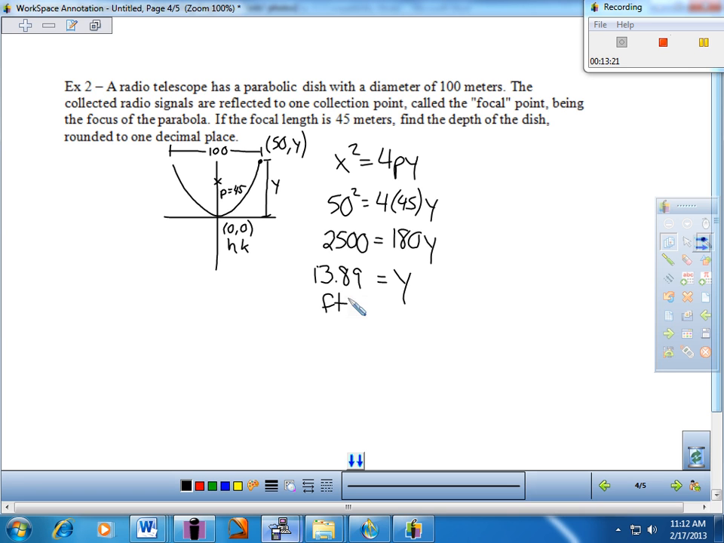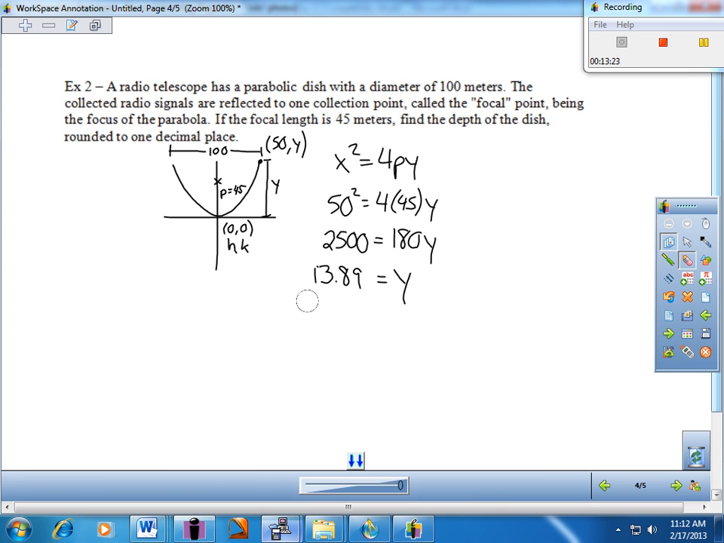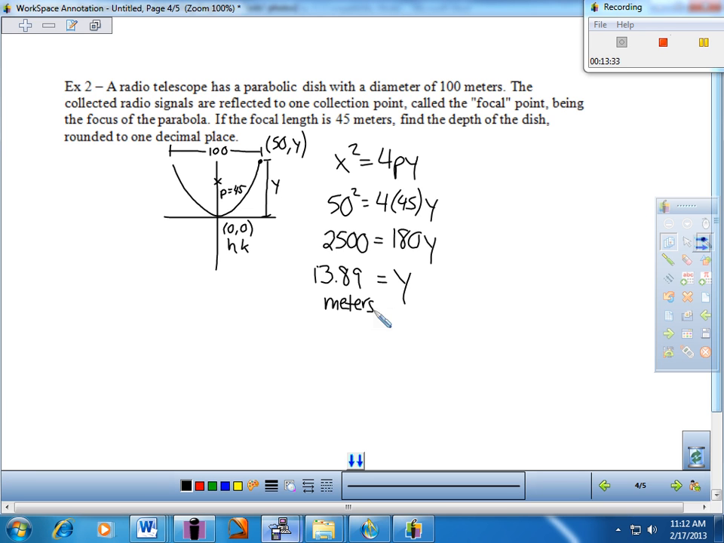And was this, nope, sorry, not feet. I want to be clear on my units. So 13.89 meters, give or take. Oh, that looks good. Here's what's kind of interesting. I guess my drawing was not perfect. Again, I wasn't sure about that focal length, but if the focal length is 45 and the depth of the